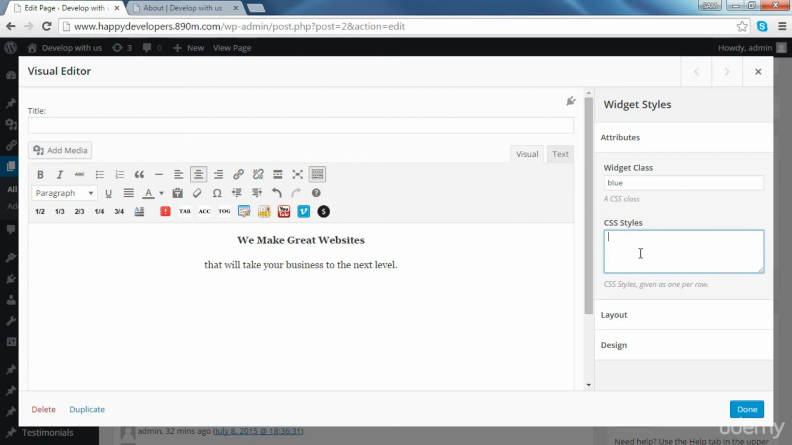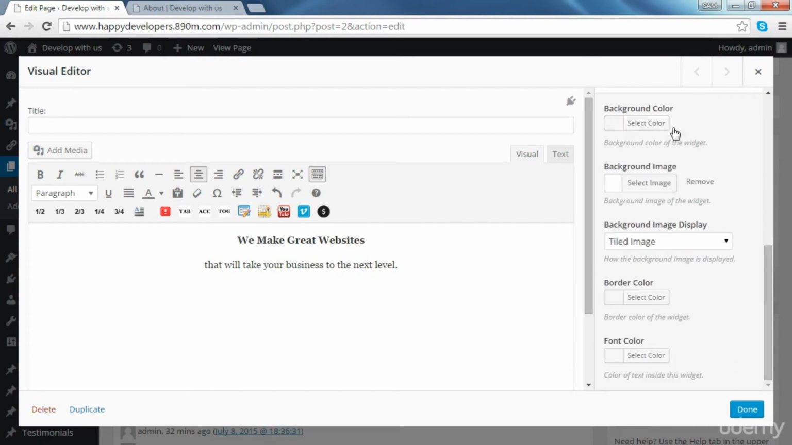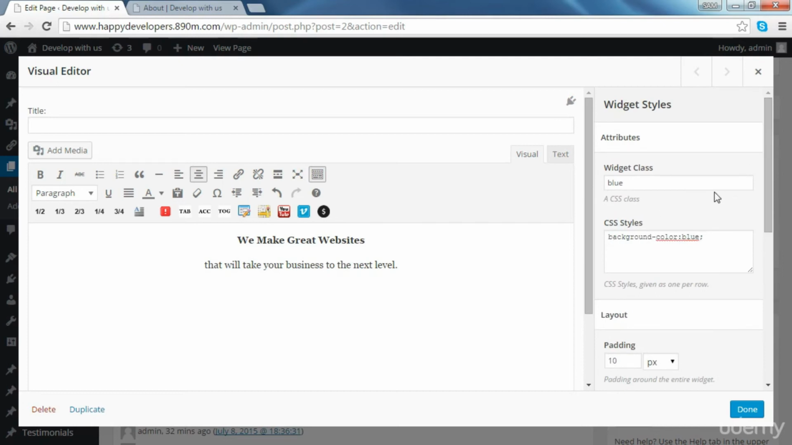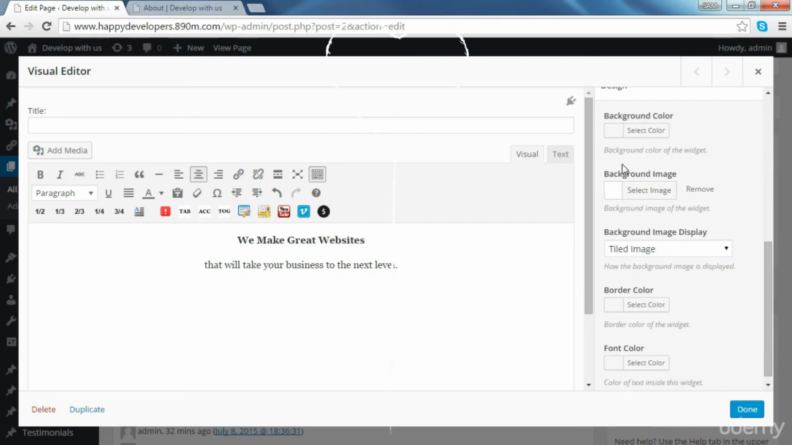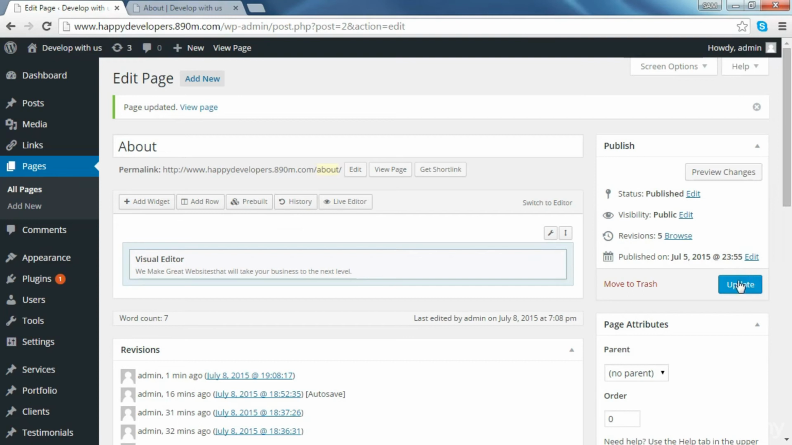So for example, we can set the background color to blue, okay? So we can also change the layout and add some padding. Okay, let's add 10 pixels padding. And also we can change the design by changing the background color, which we've already done in the CSS, okay? Or choosing a background image. And also we can choose how we want to display our image, okay? So for now, let's just try the styling that we have so far